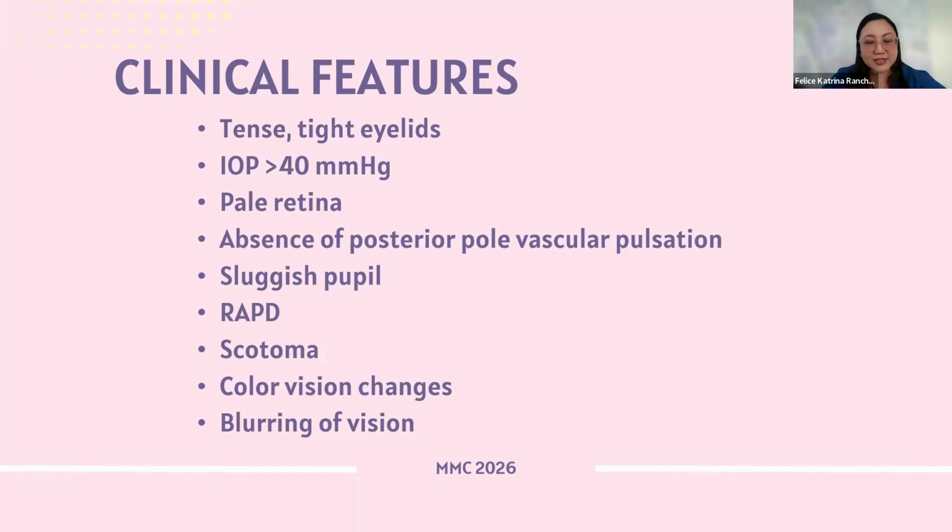So we can look for signs of damage to the optic nerve or compromise to the optic nerve, such as sluggish pupil or anisocoria, an RAPD. We can also look for vision changes. So a scotoma or visual field deficit, color vision changes. So the most common of which is desaturation of the red color. So that usually occurs first, and blurring of vision. So if the patient has these features, then we are justified in ruling in orbital compartment syndrome.